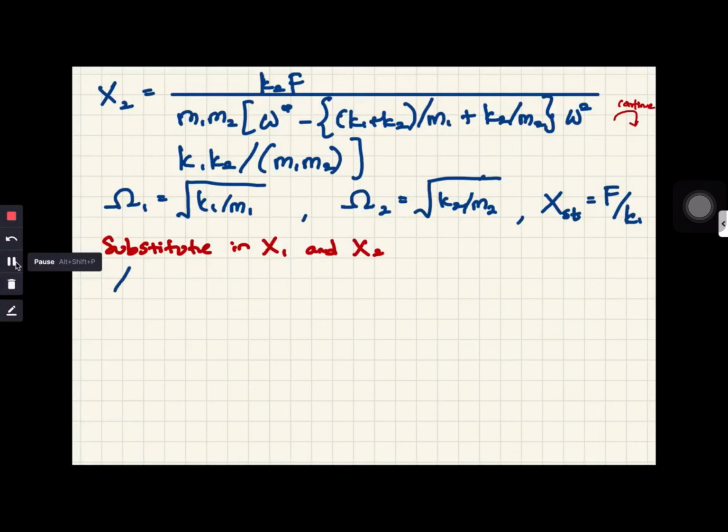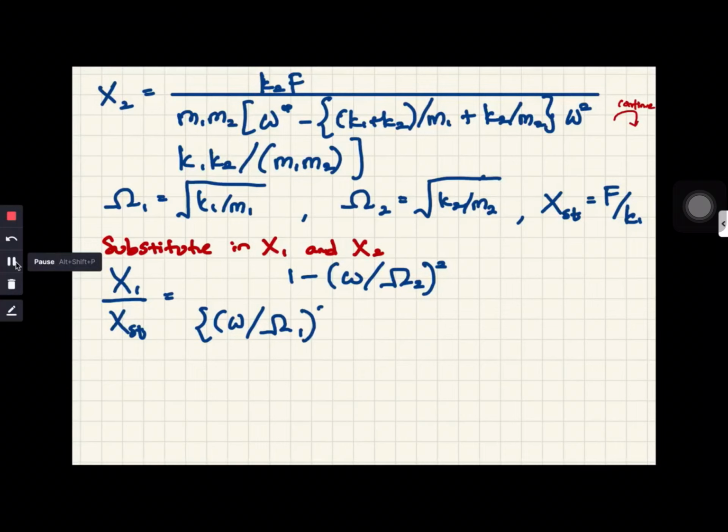The first term is capital X1 over Xst, or static deflection, equals 1 minus omega divided by capital omega 2, squared, divided by omega divided by capital omega 1, squared, minus omega 1 divided by capital omega 1 squared,